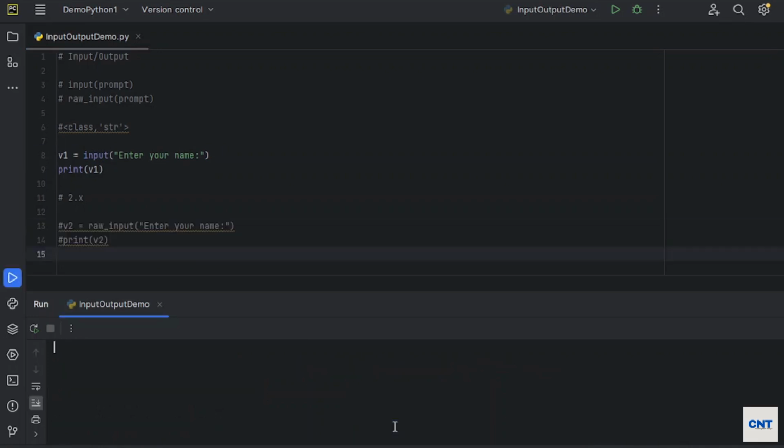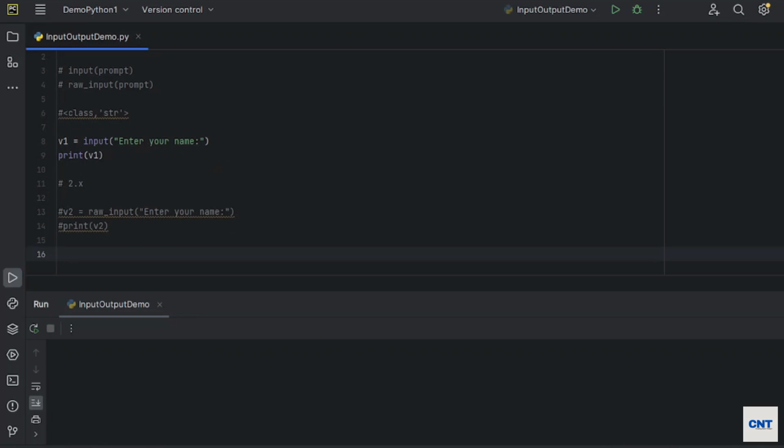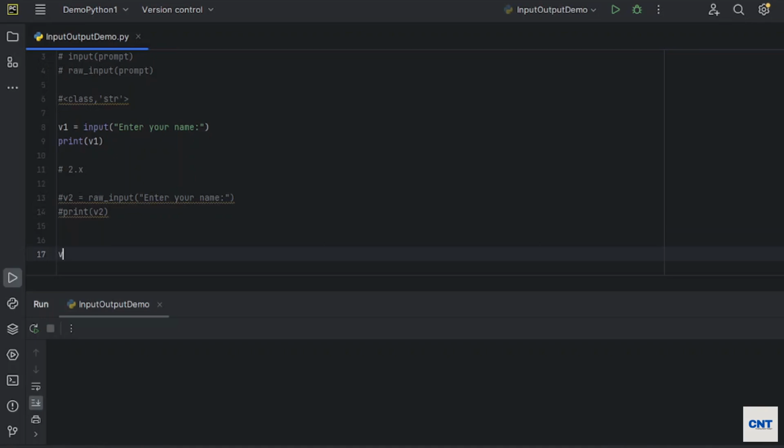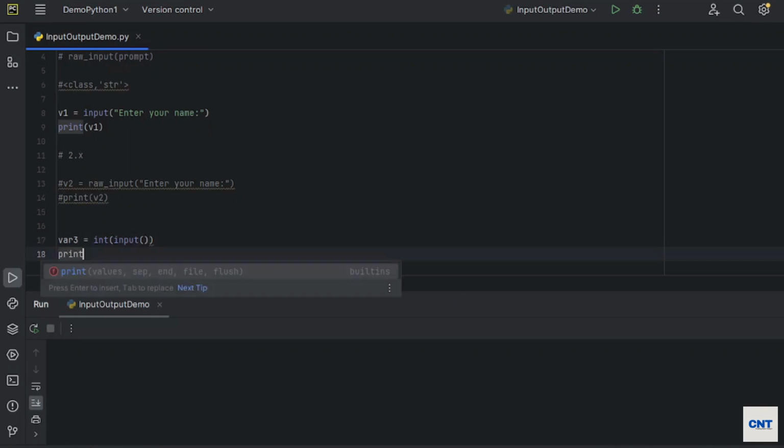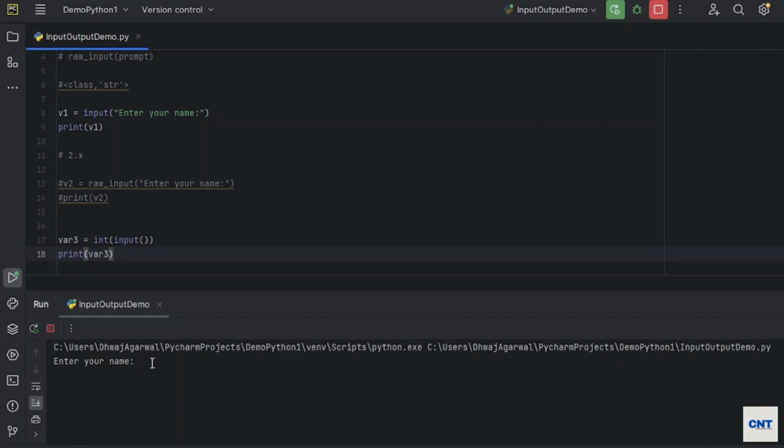Let's clear this out. Okay, one important point here, the input function takes all the input as a string only. If you want to convert your string input into some other type like your integer, your float, then you can do it. I'm saying int and I'm saying input. Then I'm printing square 3. Okay, let's run this. So it is asking,